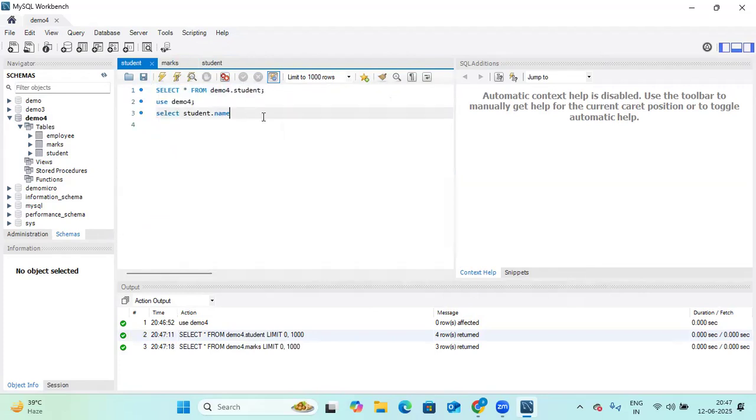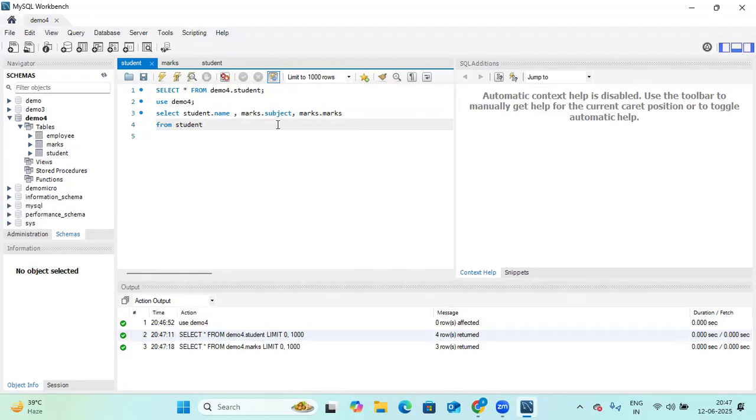So I want student dot name, comma, marks dot subject, comma, marks dot marks, from